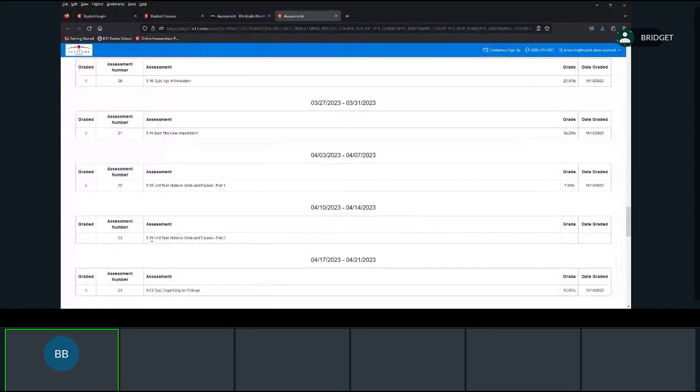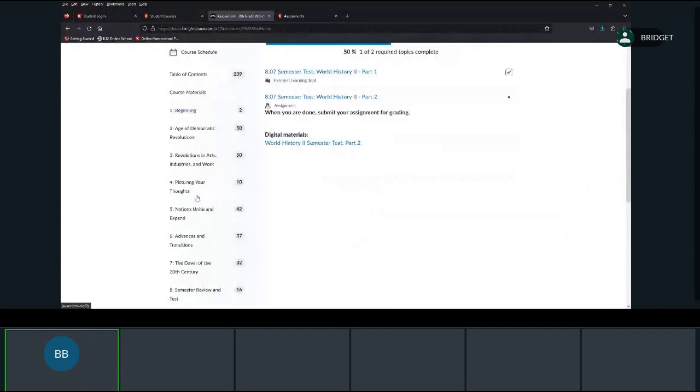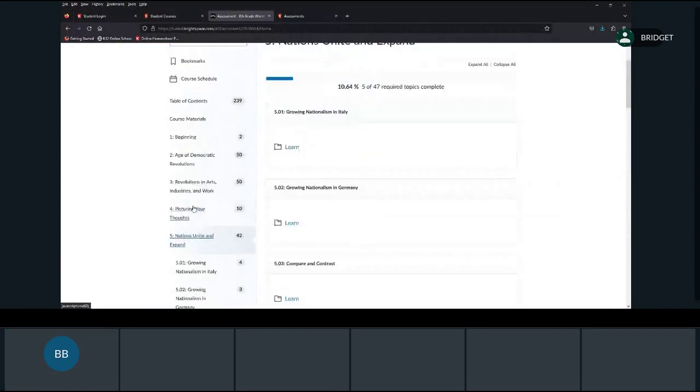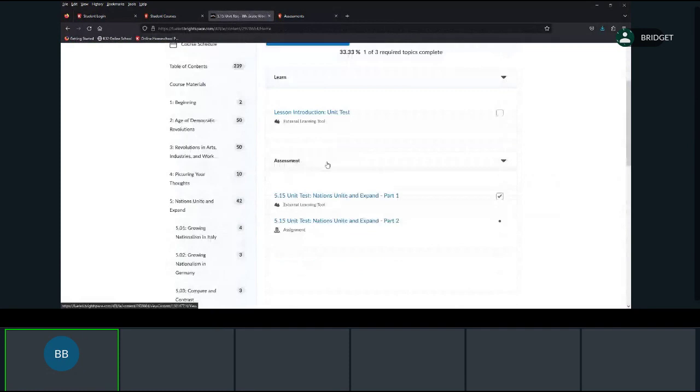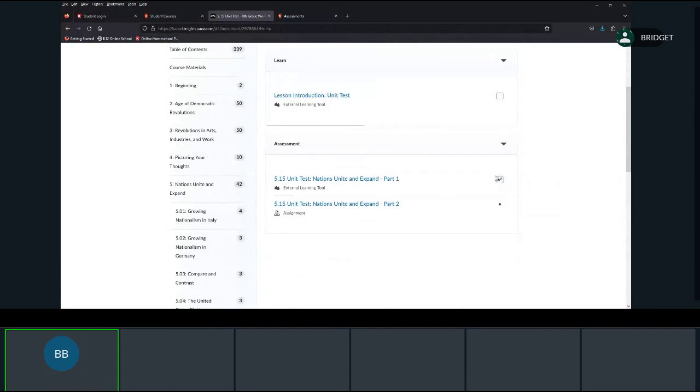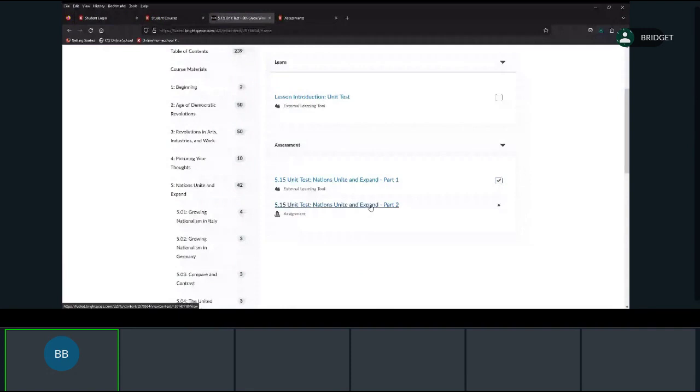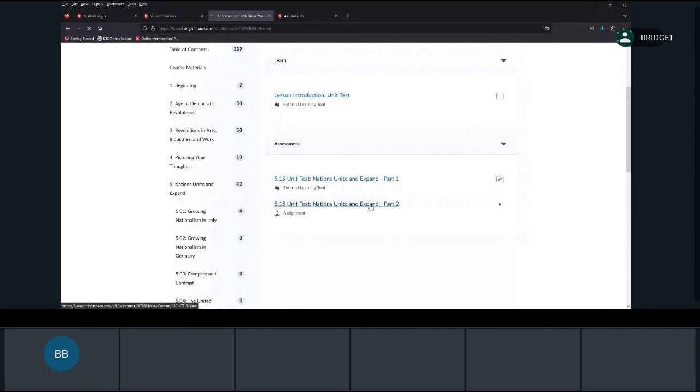So we can see here that this is in Unit 5 and it's lesson number 15. So we can go down to 5, all the way down to 15, and we can see that it's the part 2 here. So we can see part 1 has a check mark showing us that it's done, but part 2 doesn't. So we can click in,